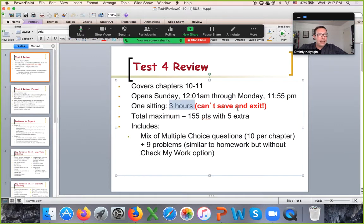You will finish your test in one attempt. You cannot save and exit, and you will have 3 hours to complete it. As always, I build in 5 extra points into your test. The test is a mixture of multiple choice questions, but because we have only 2 chapters, you will have more questions and problems per chapter. You will have 10 multiple choice questions per chapter for the total of 20 questions at 2 points each, which would be 40 points. So out of 155 points, 40 points come from multiple choices. And that means that 115 points come from the problems, and you will have 9 problems from chapters 10 and